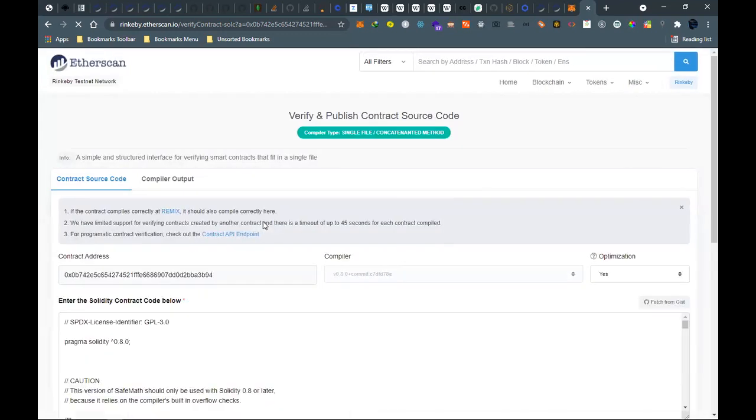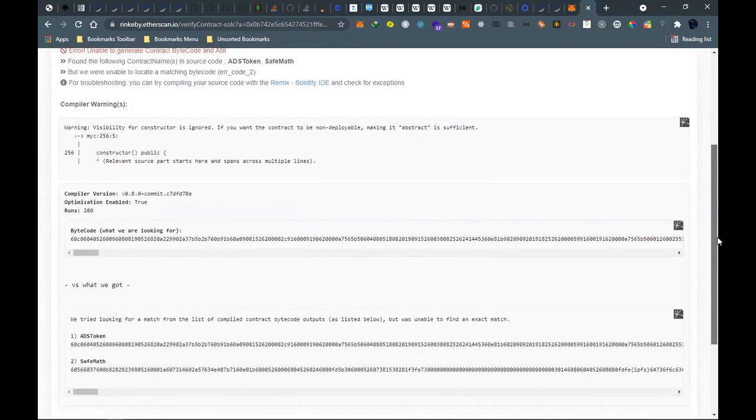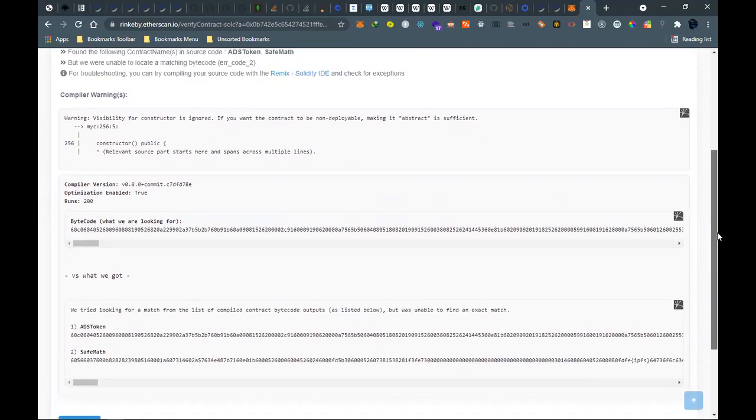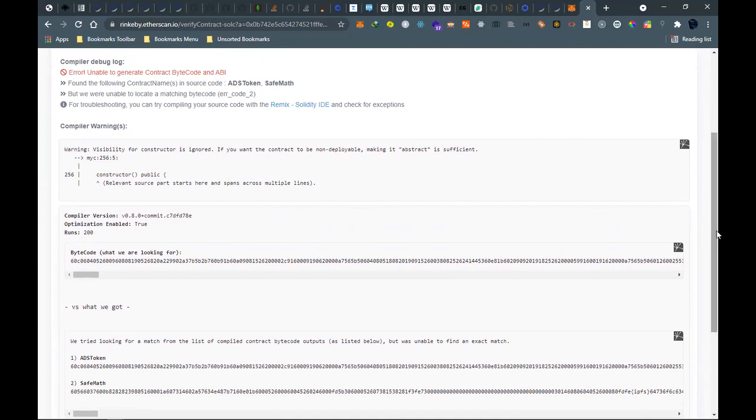It's interesting. Okay. Let's just be happy that we were able to deploy. I'll check on this, because this is a warning, and it shouldn't prevent us from submitting.